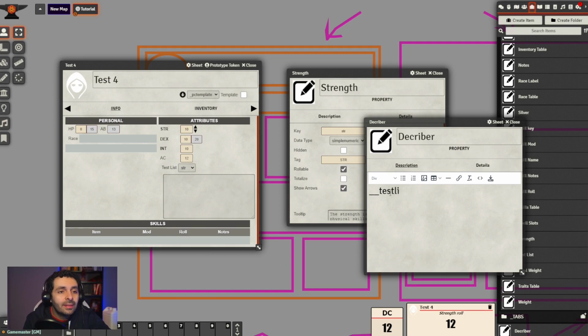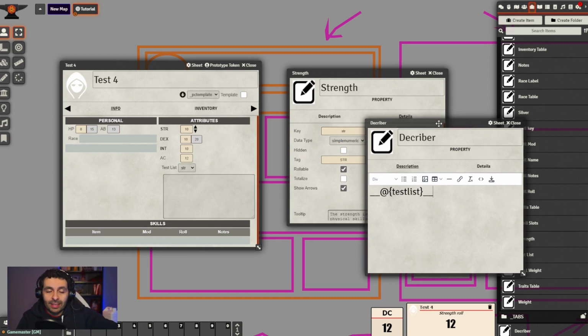Right, that's it. So what am I doing here? Whatever value is returned by the test list property, which we know is a key, these two underscores are going to return the value of the property with that key.